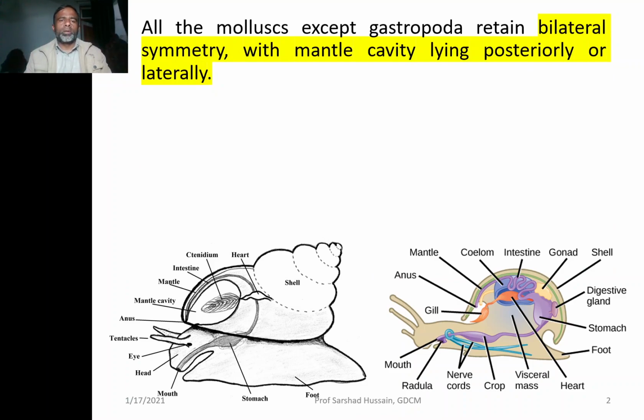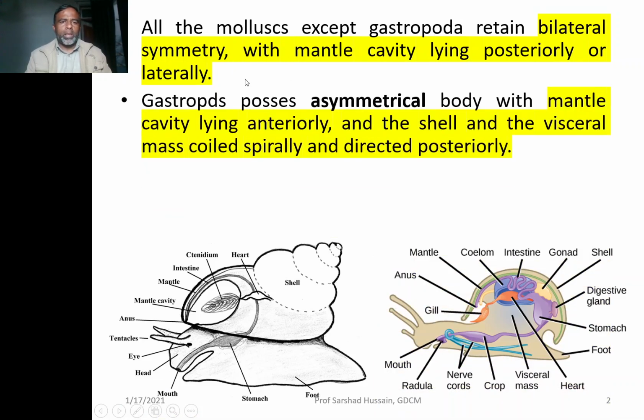All the mollusks except gastropoda. Gastropoda is a class of mollusca. Except these, rest all the mollusks have bilateral symmetry, where mantle cavity lies posteriorly or laterally. But gastropods are asymmetrical, where mantle cavity lies anteriorly and the shell and visceral mass is coiled spirally and directed